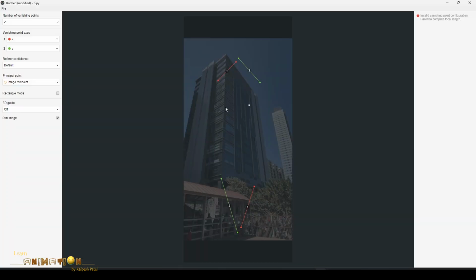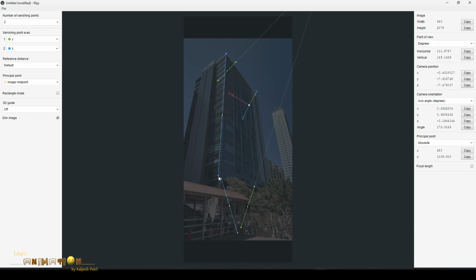Let's begin. After getting your image into FSpy, we have to select the Y and the Z axis. So I'm going to match the Z axis this way. To zoom and see into the detail, you can just press Shift.